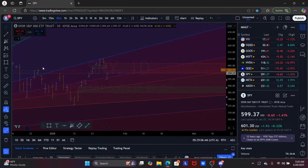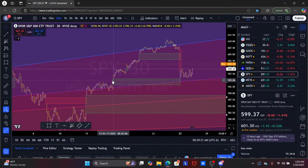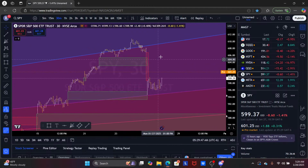First things first, let's zoom into the 30-minute chart and see what we have. Right off the top, we feel the level of demand down here. It's a partial fill. It looked like we recovered on the support level right here, so there's still a little area that we could possibly come back down and fill. As of right now, this is going to be a war between the bulls and the bears, because we have demand and we have supply. We're trading up into the supply level right now. We want to see it fill